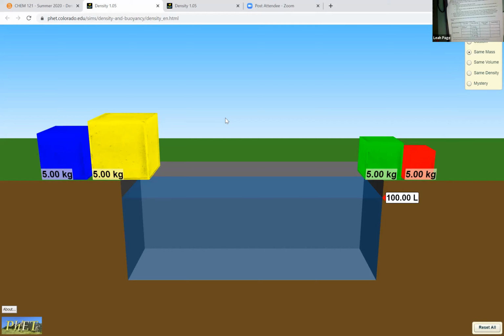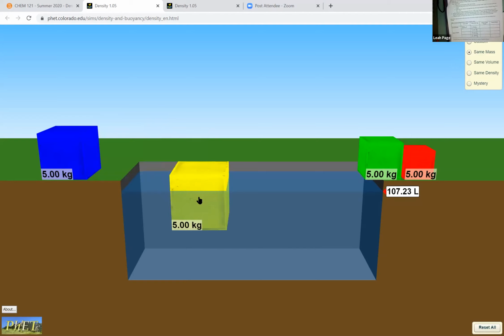Now in this case, to figure out the volume, we're gonna take one of the blocks one at a time, and it says drag a block into the 100-liter tank of water. So if we see that this tank of water has 100 liters in it, what we're doing here is called water displacement. All water displacement says is we can figure out the volume of a substance if we put it in a tub of water and then we measure the difference in the rise of the water. Meaning, if I take this yellow block